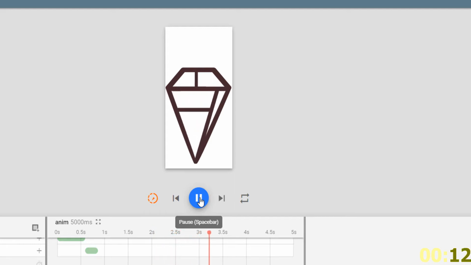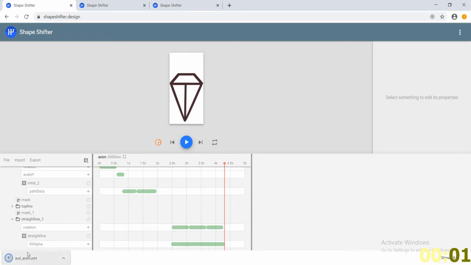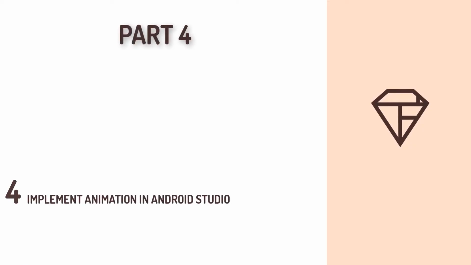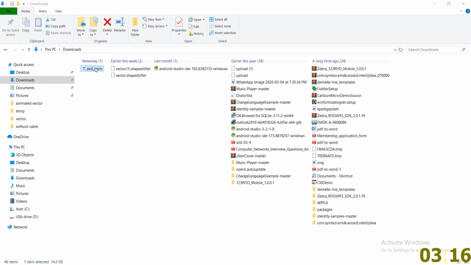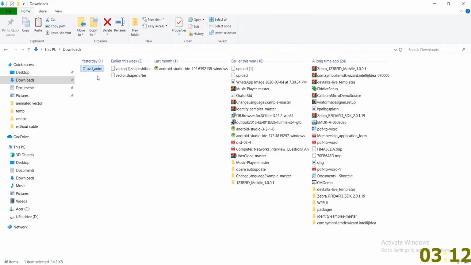You can create better than this, and use the resources better than me. Now I will export the file in animated vector drawable format that we will use in Android Studio. This is the animated vector drawable file created in Shapeshifter design. I will copy this file